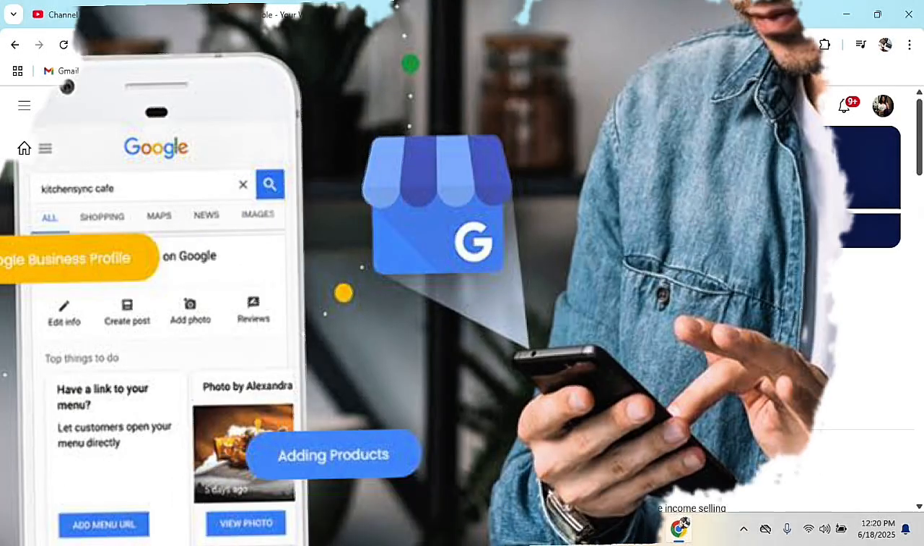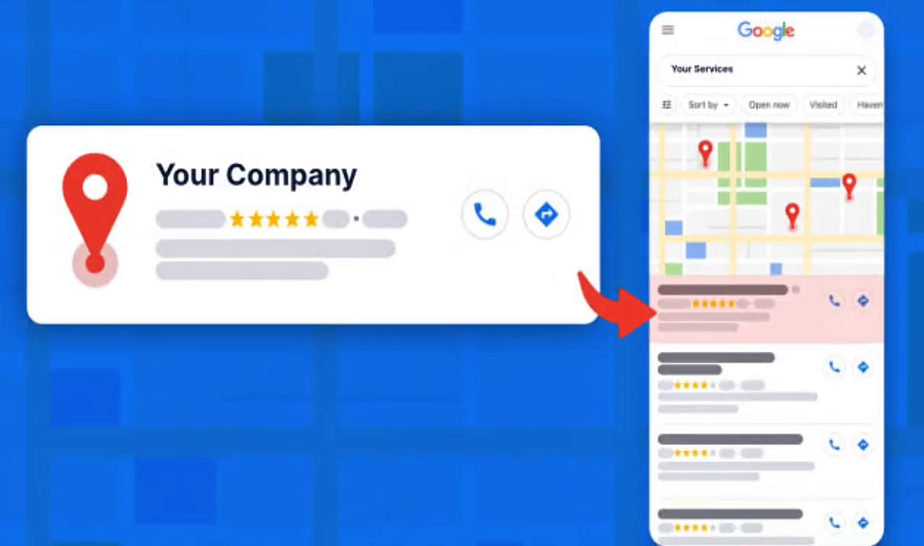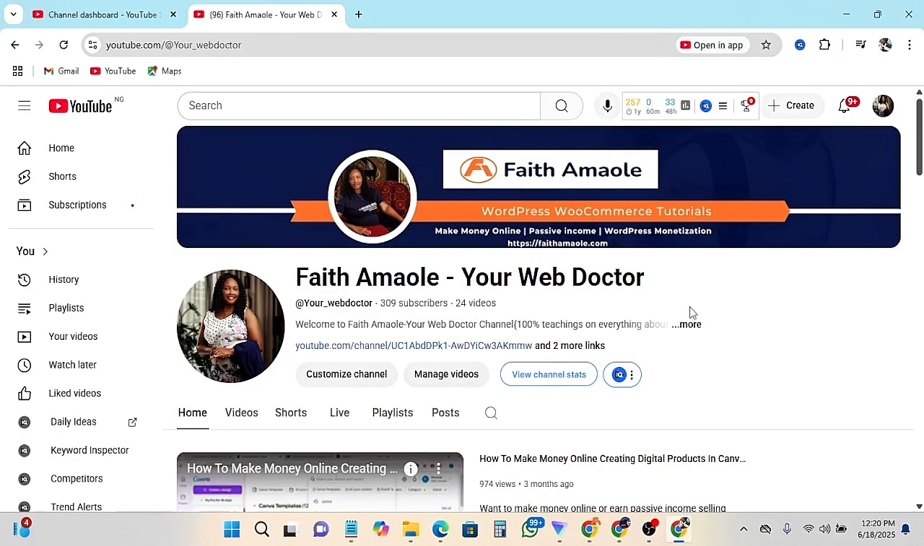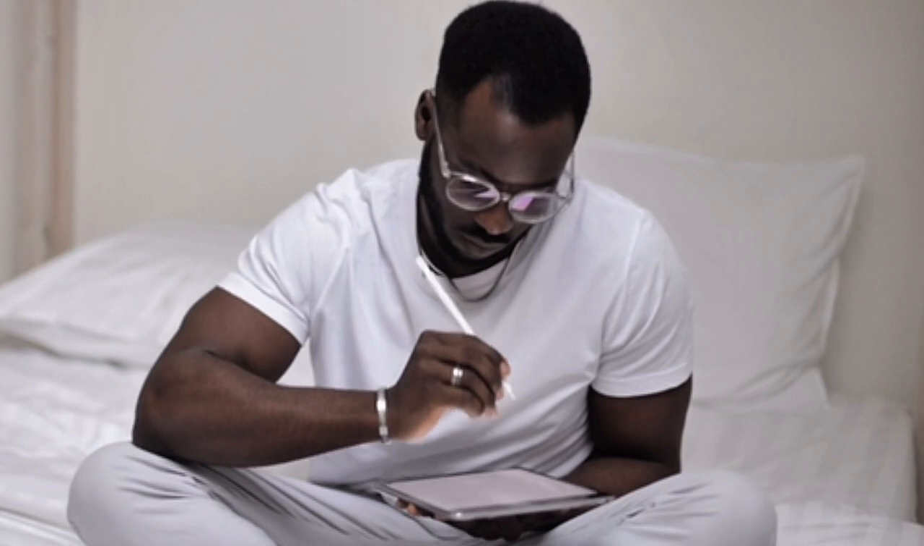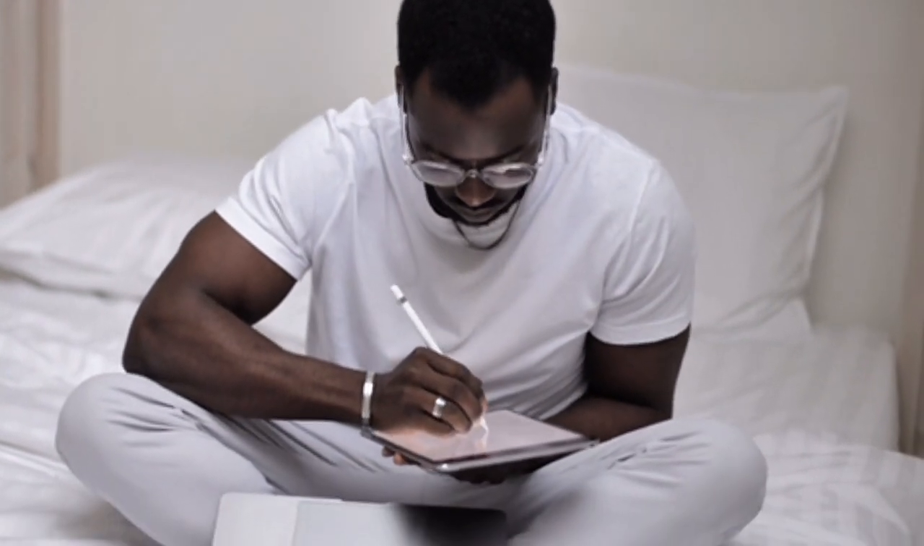If your Google business profile is not ranking on Google Maps, I'm going to show you right away a very simple Chrome extension tool you can use to spy on your competitors to know exactly the category they are using